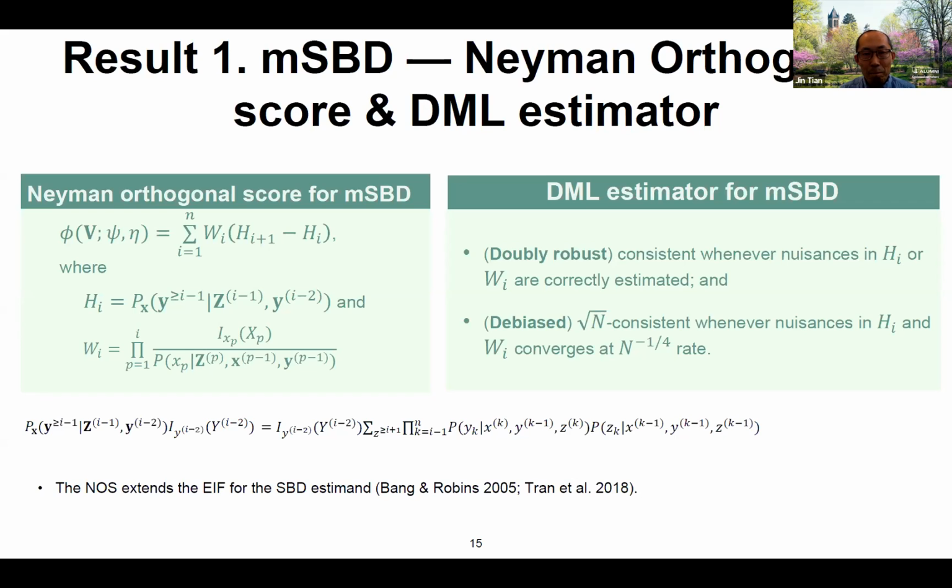Could I ask a short question about the MSBD? This is a generalization of the sequential backdoor to a graph with hidden variables, right? Oh, I believe the sequential backdoor is also applicable with hidden variables. The generalization is in Y, the outcomes. In the standard sequential backdoor, Y is assumed to be either a singleton or a group; it cannot be split. I see. The generalization is that we can have Y1, Y2 split in the middle. Okay, I see, thank you.